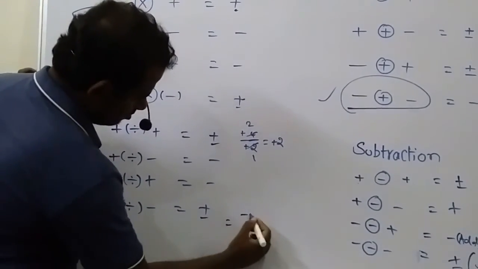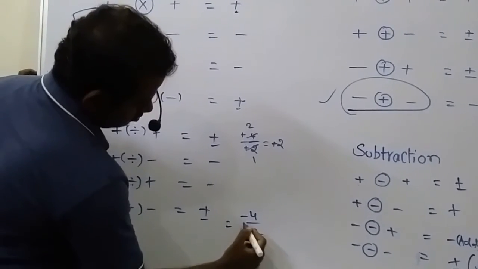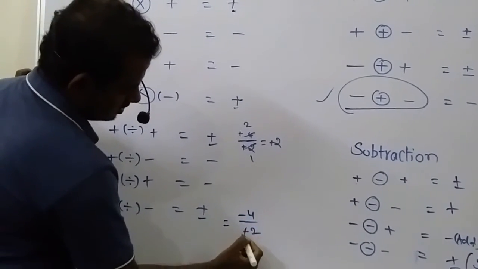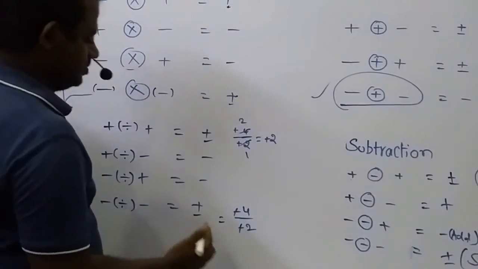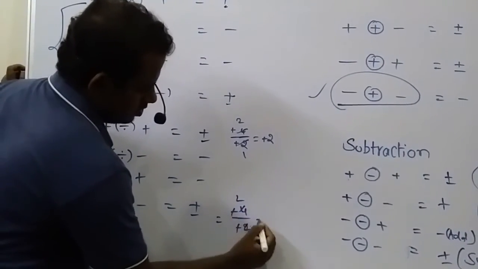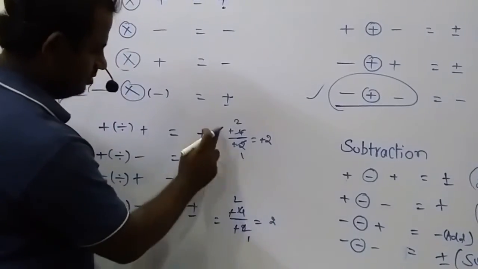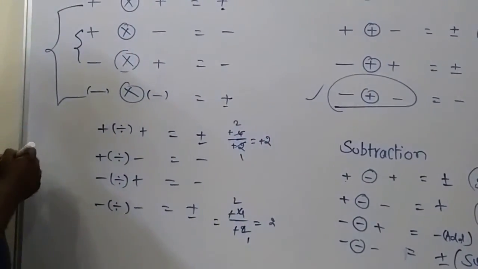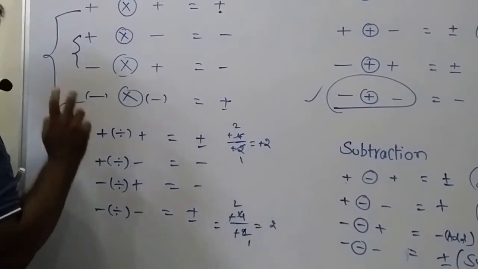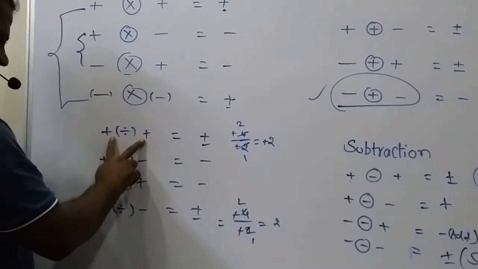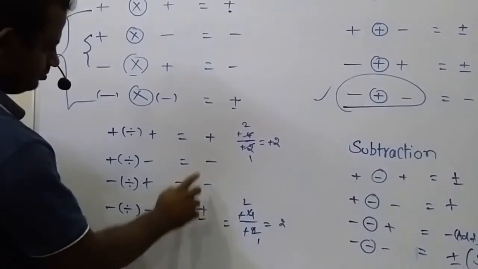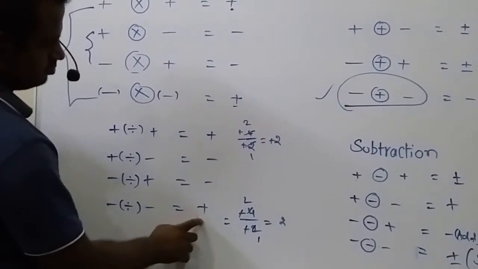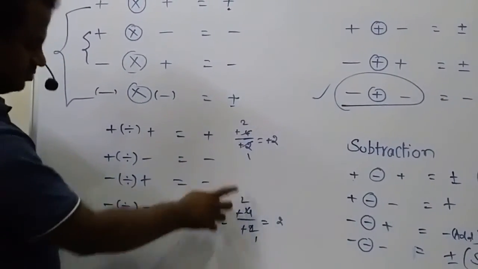If I am dividing minus 4 by minus 2, the sign will get cancelled, since it is the same sign. The answer will be 2 or plus 2, both are the same. In these two cases, the division of two numbers that both have the same sign, either positive or negative, we will get the result as positive. These are the examples.